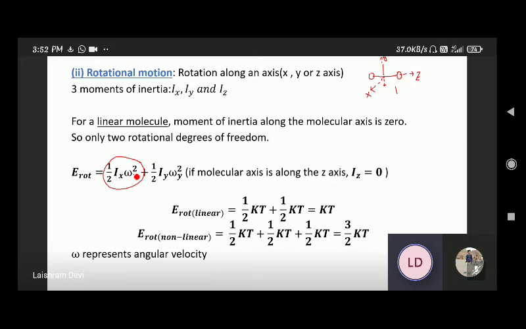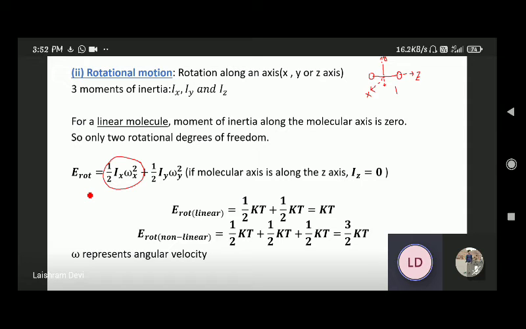So we have to consider the rotation along x-axis and y-axis. ठीक है? So half Ix omega x square, half Iy omega y square. If molecular axis is along the z-axis, Iz will be equal to 0. ठीक? So that's why here again, if you want to apply the law of equipartition of energy here